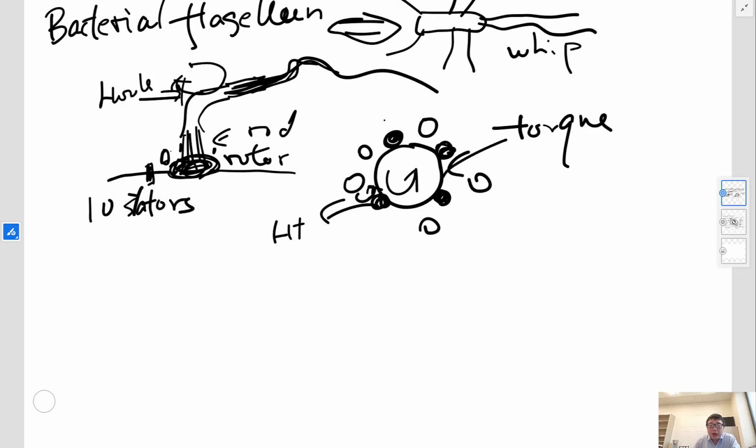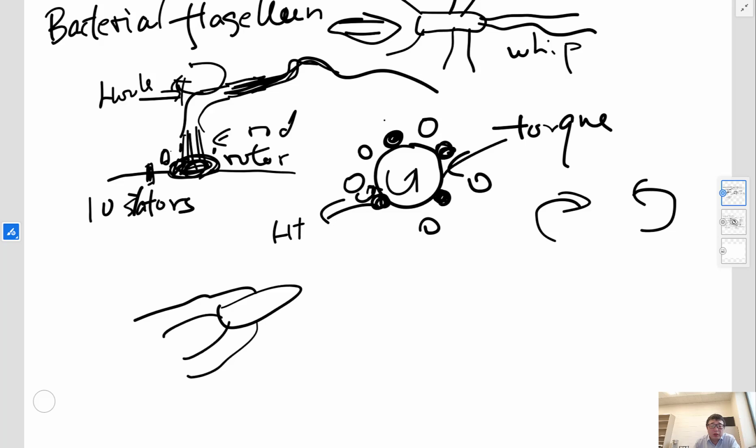And the rotor can rotate clockwise or counterclockwise. When you drive clockwise, this flagellum is behind the bacteria, and the bacteria goes forward. And then suddenly, out of nothing, this bacteria just